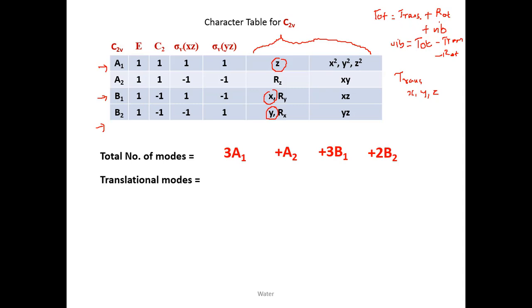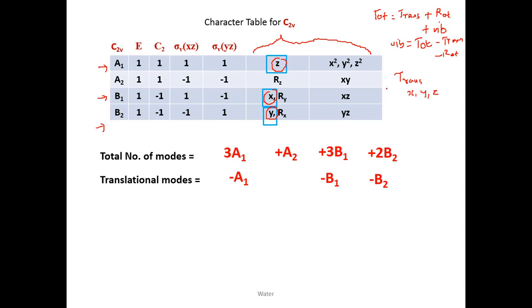So we have to take these two terms, translation and rotation, to the other side, and so we take them as negative: minus A1, minus B1 and minus B2. It is shown in the diagram. X, Y, Z are marked in blue.